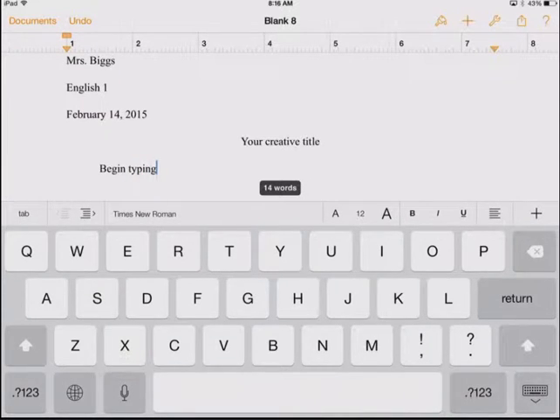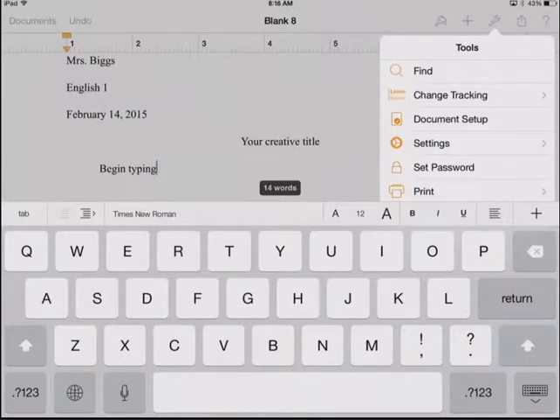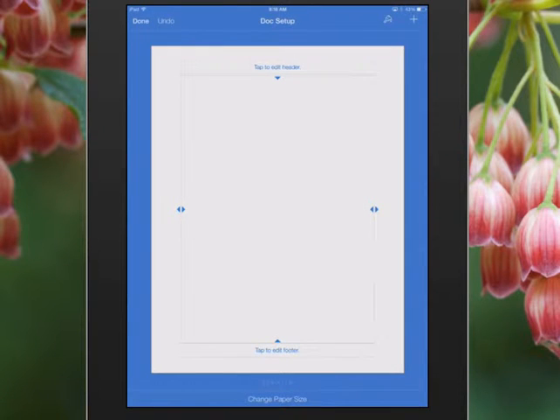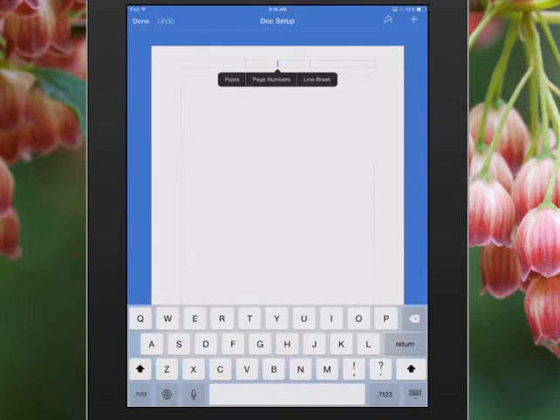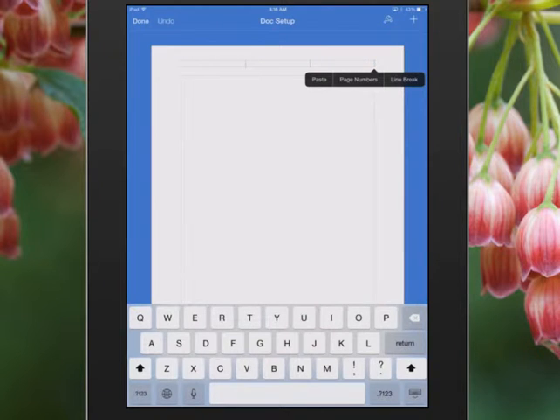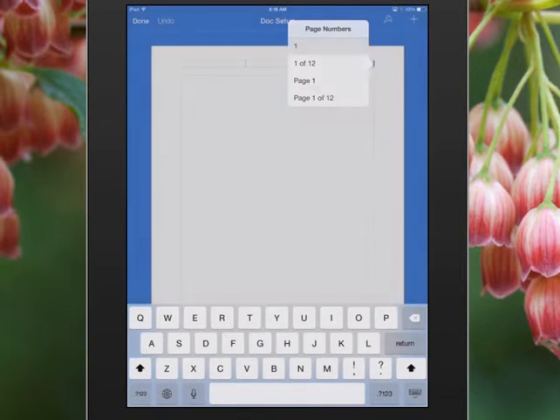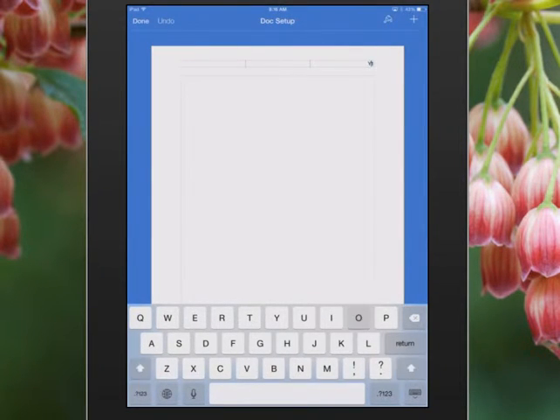The last thing that you need to do is put in a header for your paper. So select the wrench and then Document Setup. This will change the orientation of your iPad for just a moment, but it'll go back. Select where it says Tap to Edit Header, and then in the third column you can select page numbers. Select 1. Move your cursor to the other side of the 1 and type your last name here. This is just your last name